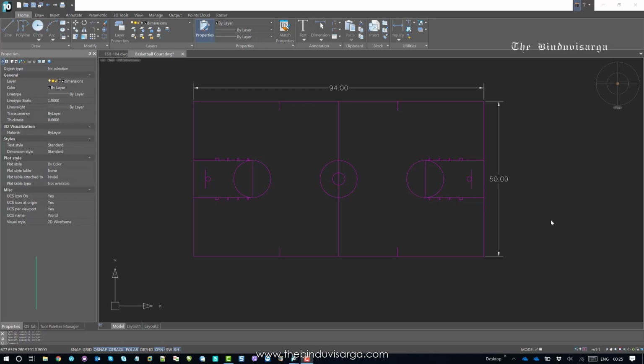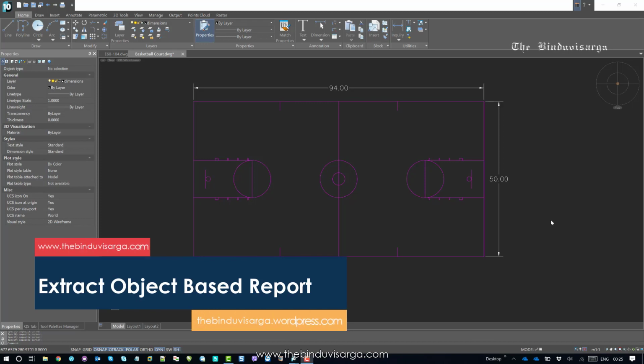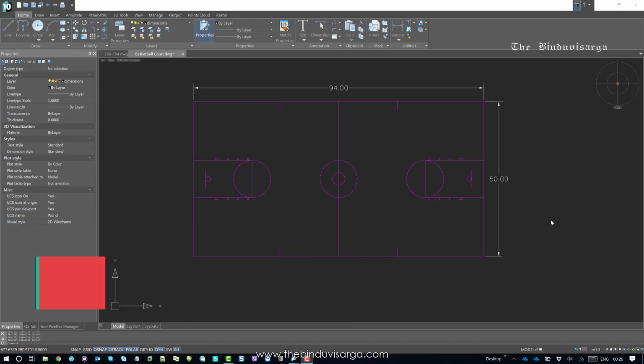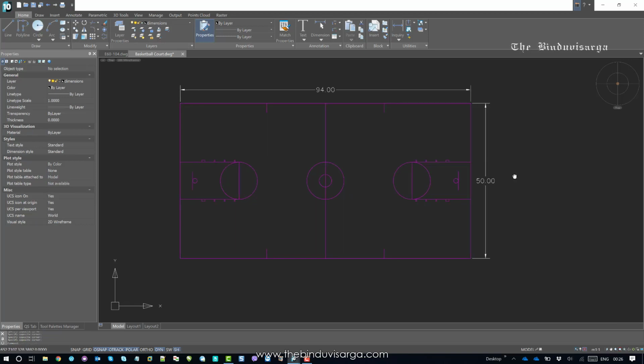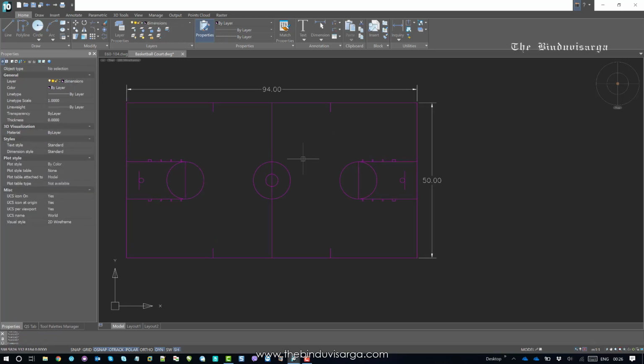Hello there. In this video we will find how to create object based report in nanoCAD. So let's get started. I have a small drawing on the workspace, as you can see, and on this drawing I will try to create some object based report. For instance, if we list out all the lines in my drawing and their geometrical properties in a table,